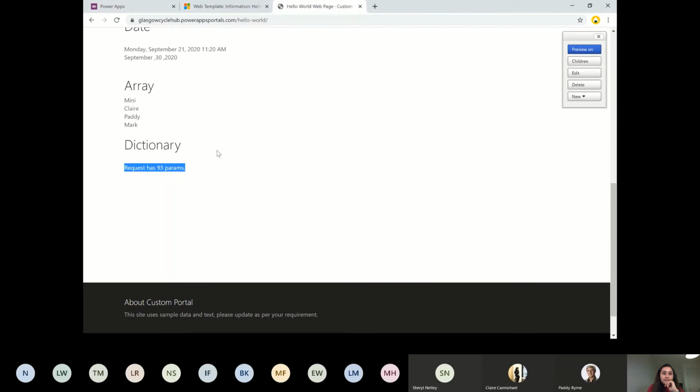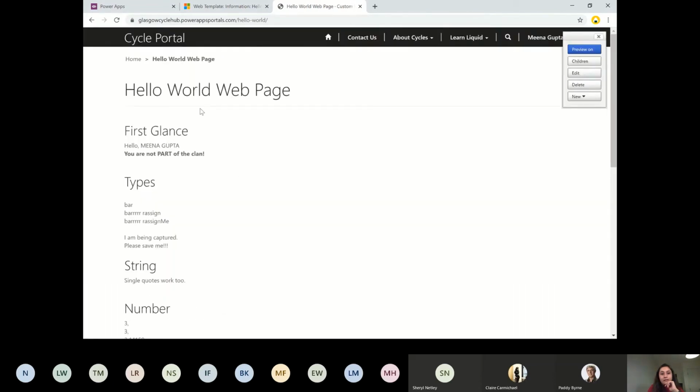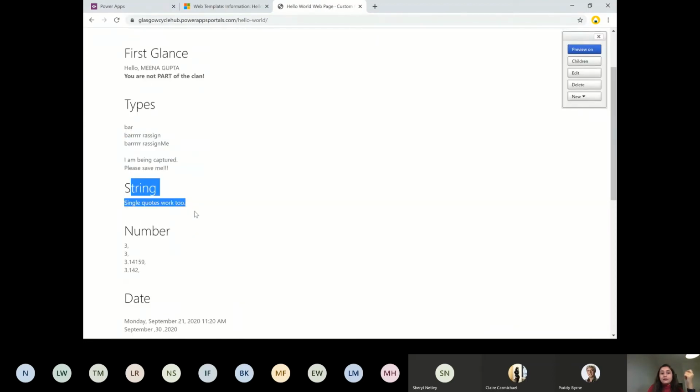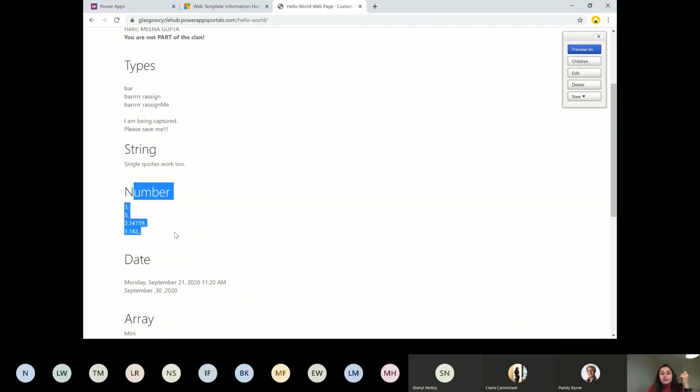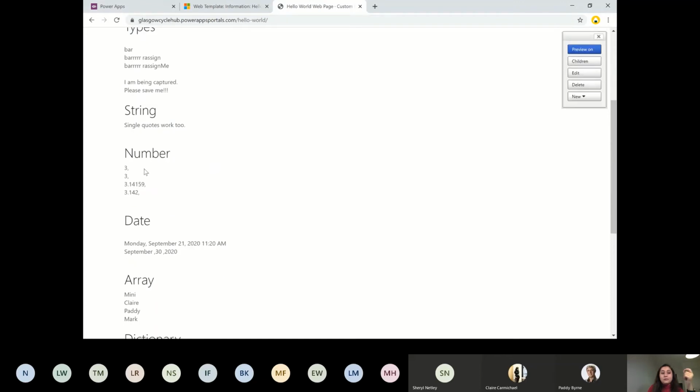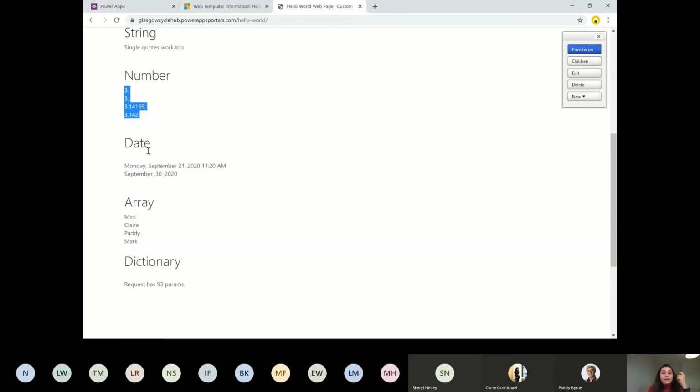So this is how to use the basic data types that we have seen here. We just need to use the assign symbol, assign a correct data type, and display them. You can reassign a value. Strings we have seen in single quotes and double quotes. Numbers we have seen; if you have a decimal number, you can convert it to a normal integer or round it. Then we have seen the date part, how we can use the current date in liquid. We have seen the array, and we have also seen the dictionary.